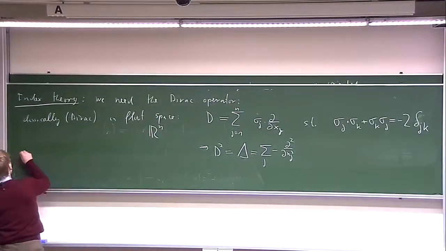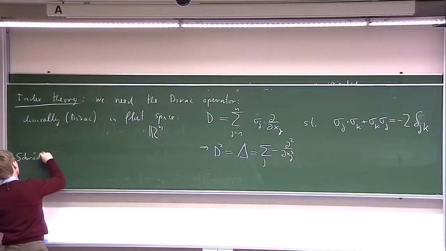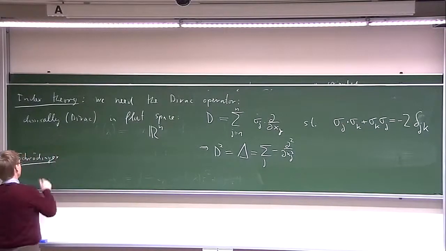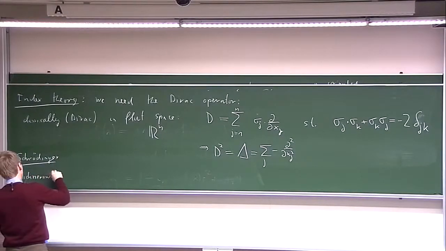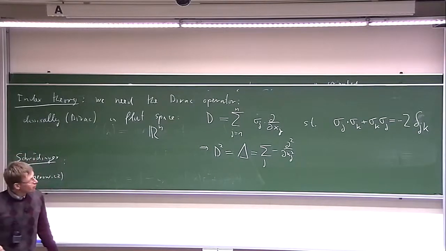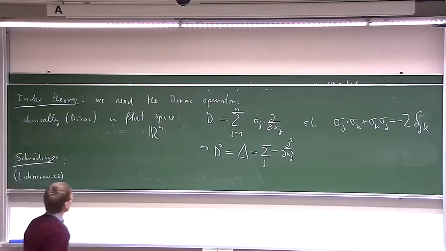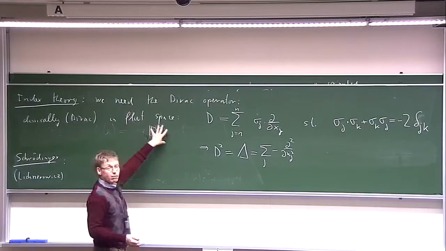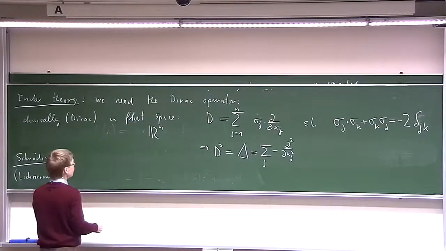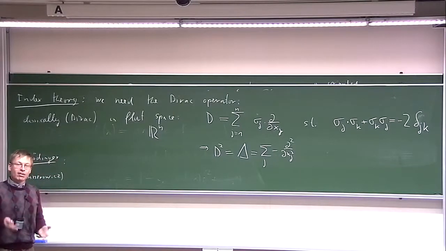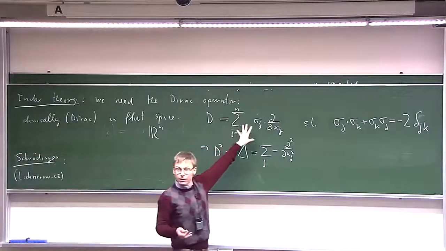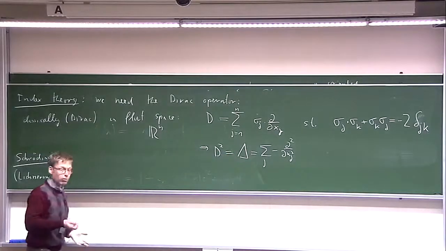Okay, so Schrödinger. And later on, Lichnerowicz rediscovered this. He wondered what is happening if we do combine this with general relativity. So we have not a flat space, but a curved space-time. And he was working in local coordinates, so it would say Rn, but not with a flat metric, with a different metric. And he proved that there is one sensible way to make a definition of the Dirac operator. So he wrote everything down in local coordinates.